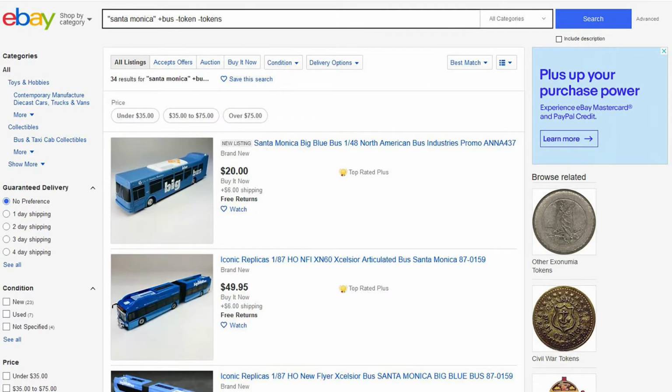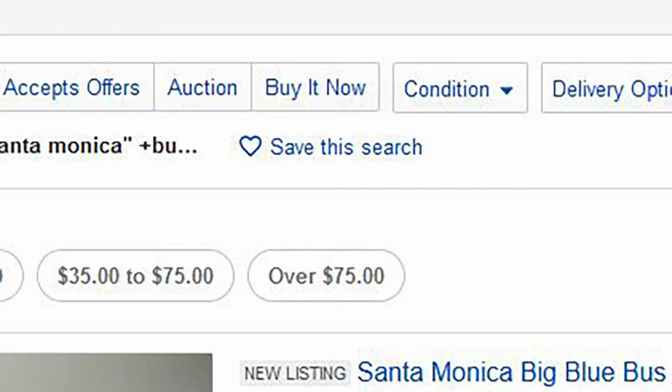Those are kind of the three main Boolean operators that I use: the quotation marks, the plus sign, and the minus. And the fact that it gets you the ability to then save that return. So once you put your search criteria in and you get your returns on that, there's a little heart symbol below that. Once you're logged in, you can click on that. Now that's going to save that